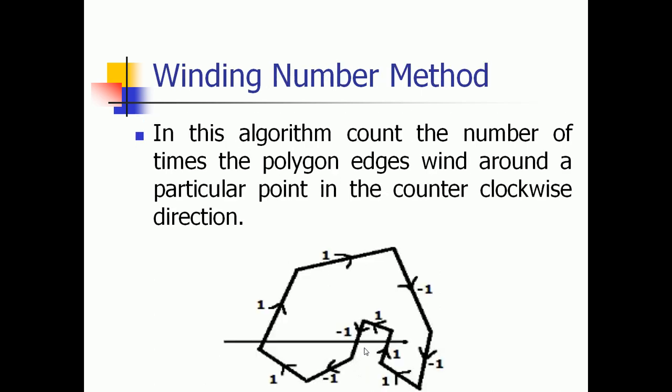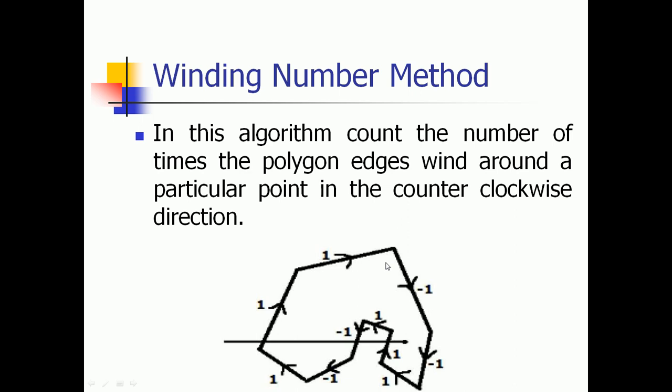Moving further, the next method, that is the winding number method. Now this method is also used with simple polygons to test whether the given point is interior or not. It can be simply understood with the help of a pin and a rubber band. Fix the pin on one of the edges of the polygon. On any edge you can fix that pin and tie up the rubber band to it, and then stretch the rubber band along the edges of the polygon. Right, we can stretch that rubber band along these polygon lines.